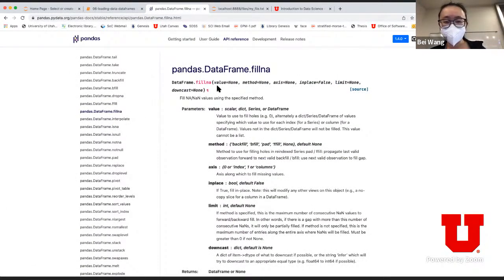This is to say for any of those NaN values, I'm going to replace it with something else. Because normally, as we will see very soon, when you're doing data wrangling, one idea is to say, if there's a record that has a NaN value, I'm going to ignore it. But sometimes when you have data files, there are a lot of missing values. You don't want to ignore every record that has NaN. Instead, you want to fill it with a different value so that you can still proceed with your analysis.